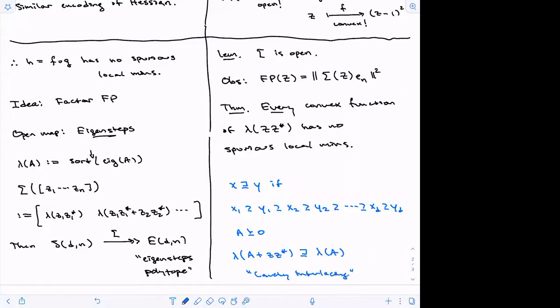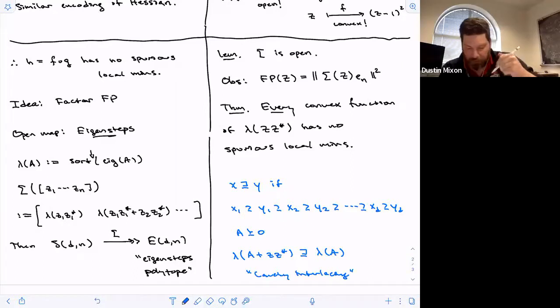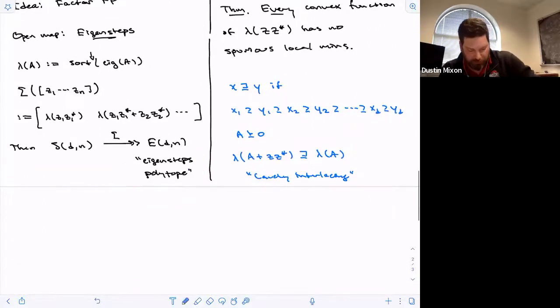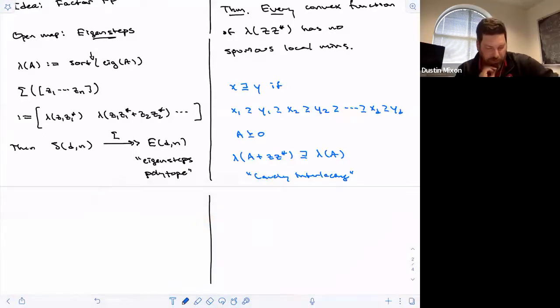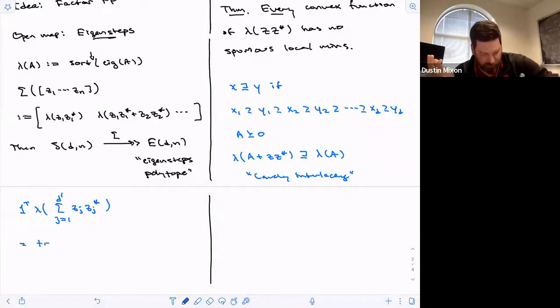Okay. So those are all of the inequalities in this Eigensteps polytope. The equalities are coming from the following. If I were to take the sum, j equals 1 up to d prime, of zj zj star, this is the sum of the eigenvalues. So this is the trace of